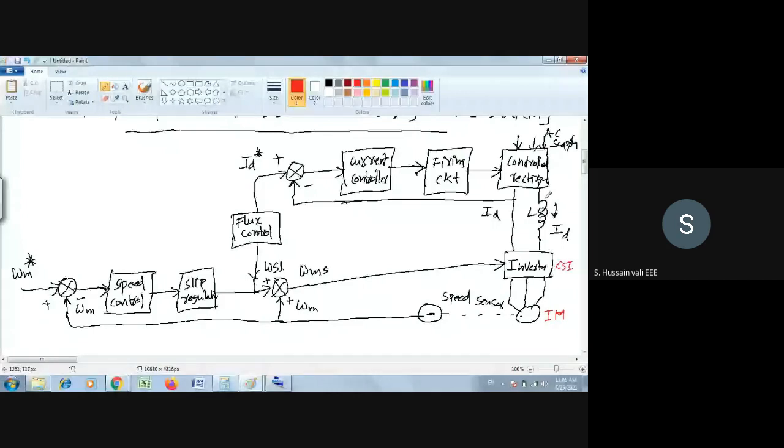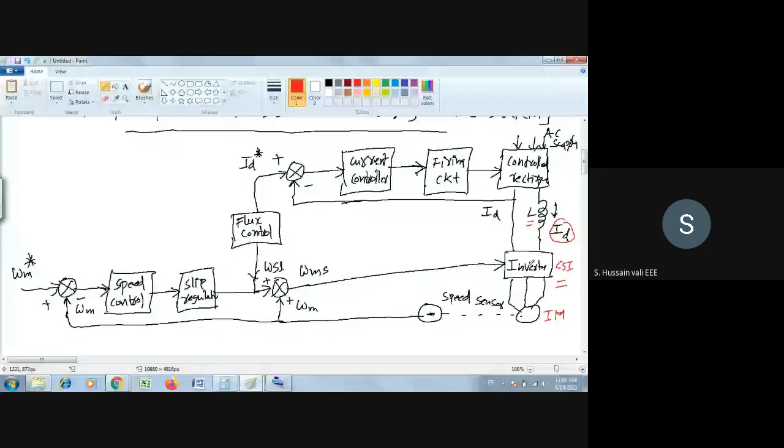The AC supply is there, then you have a rectifier, then you have a large value of inductor. A large value is there, then this ID will remain constant. Then it goes to the inverter. Then after that, this DC will be converted into AC using this current source inverter. So you got this. Then what are the things you require for these, we will see now.